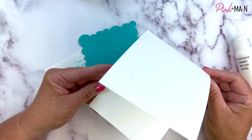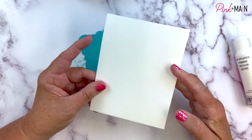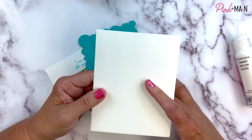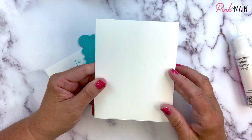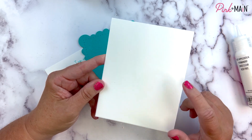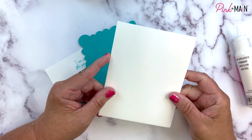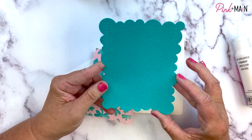For our next card, I've got an A2 size top folding card. Again, this is one of our pre-cut, pre-scored card bases. We have them in A2 size, the top folding and the side folding. But you also have white cardstock in the kit that you can cut down to any size card that you like. I have cut out of our